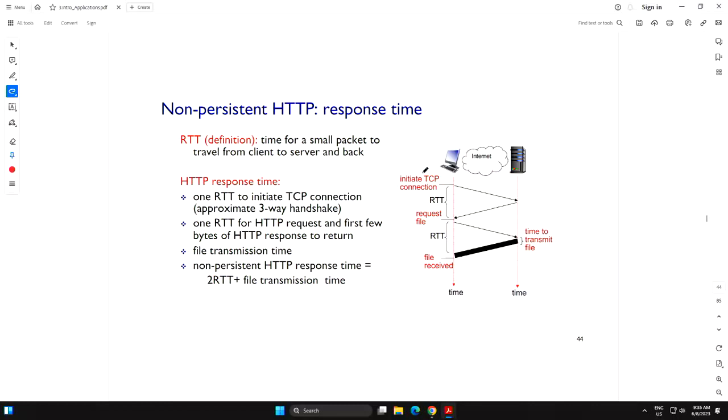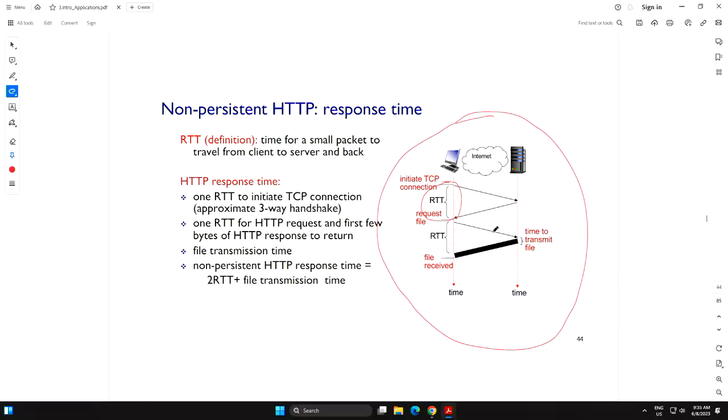Why am I referring to one round trip time? Because the performance metric is the page download time, which we will measure in seconds, or in terms of round trip time. So one round trip time is gone just to set up a TCP connection, and I'm going to use this picture here to explain, and you can read the text. So one round trip time is gone, just to establish the TCP connection before HTTP can request a file.